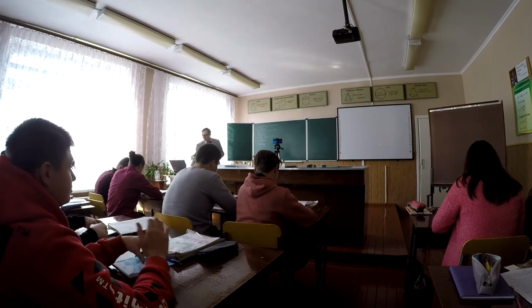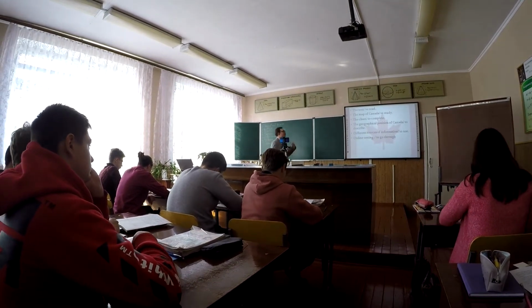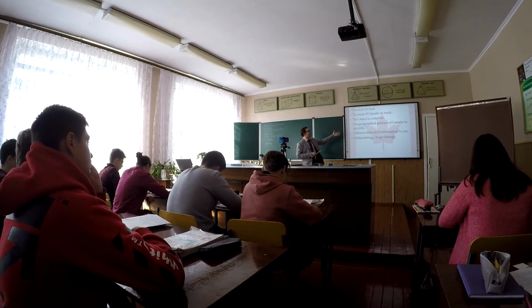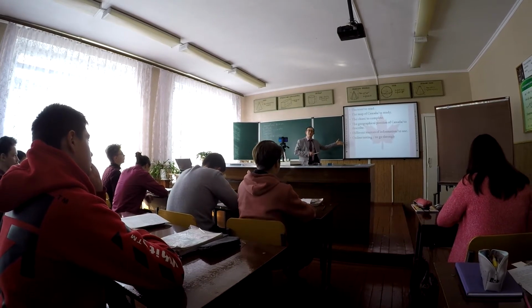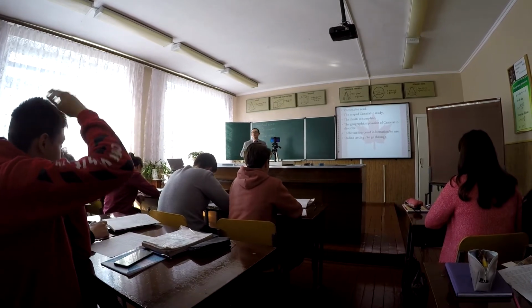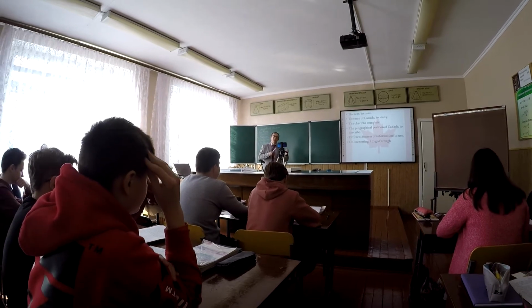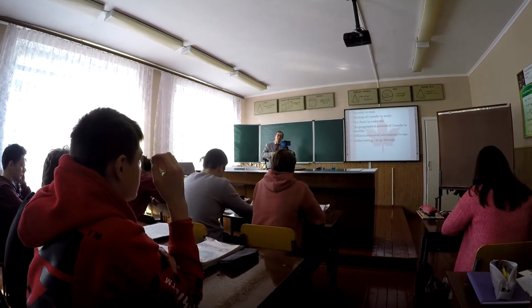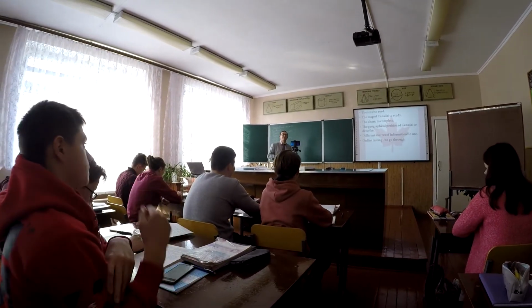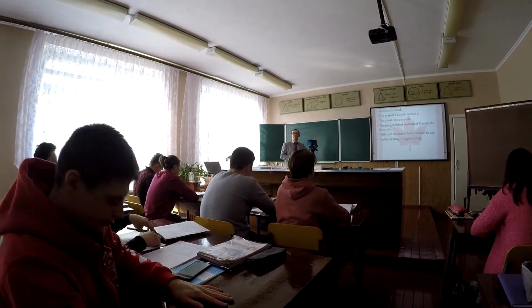At this lesson we have done a lot of activities and I would like you to review them again. What have we done? Can you use these word combinations and the present perfect to describe what we have done at the lesson? How do we make present perfect? We have, or has, and the third form of the verb. Bogdan, can you give us an example? We have read the text. Can you write it here?